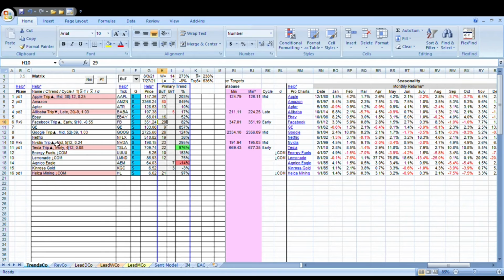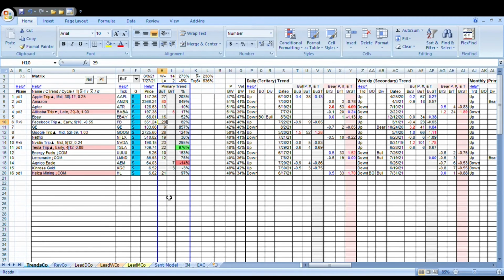Watch for compression, highly compressed trend. There's a couple down here. These tend to be miners, and I think this one's a uranium. Energy fields is uranium mining. So these are all plays. These might change out, but this really runs the same as it was before. Following the primary trend is pretty profitable.